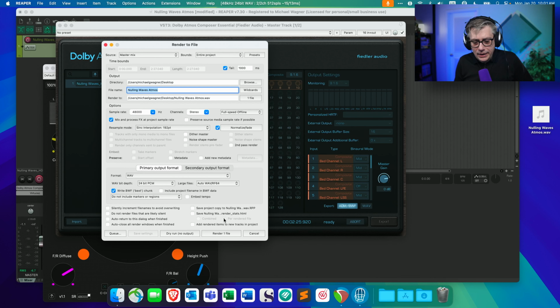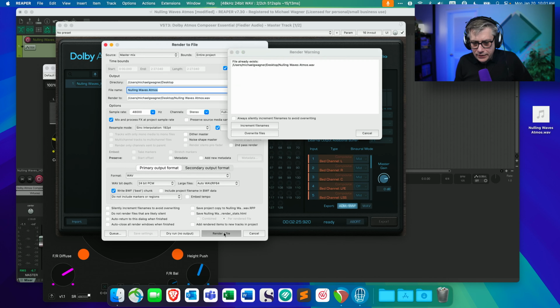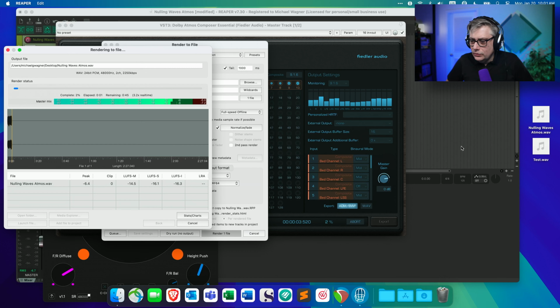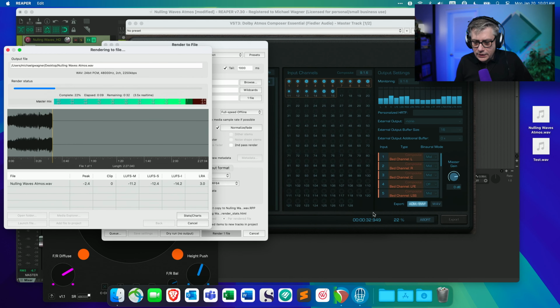So what you can do is simply delete that after it's done. And that's what we're going to do. So let's press render, and I'm going to overwrite that because I already did that before. Let's render that out. As you can see, the Fiddle Audio Dolby Atmos Composer is telling me how much I've already rendered out. And let's wait until it has finished.